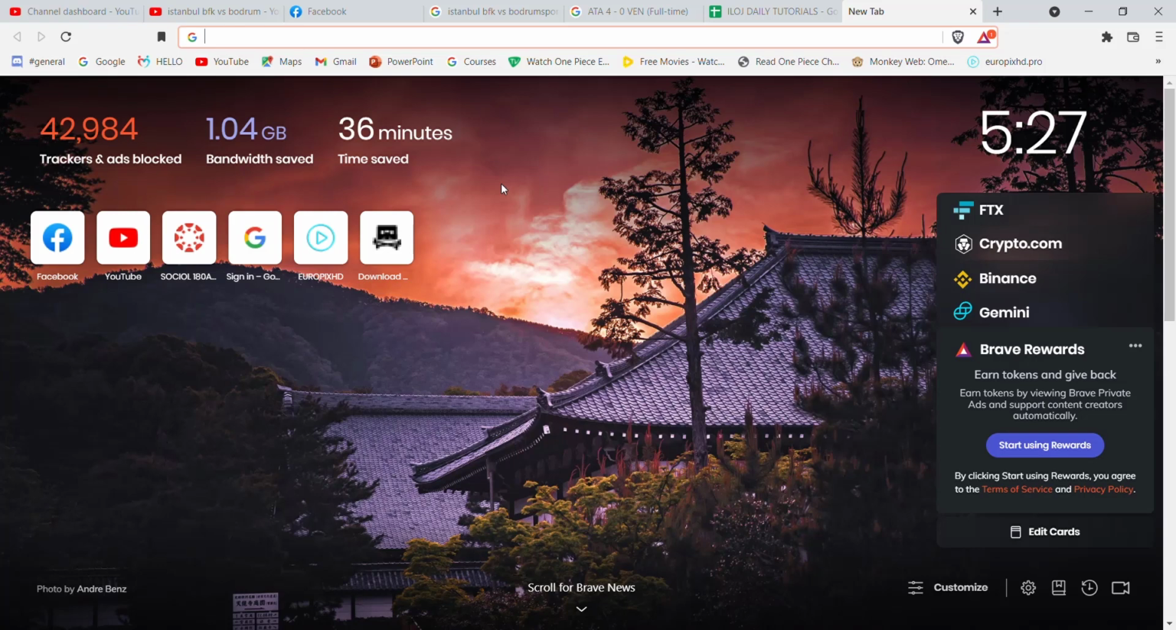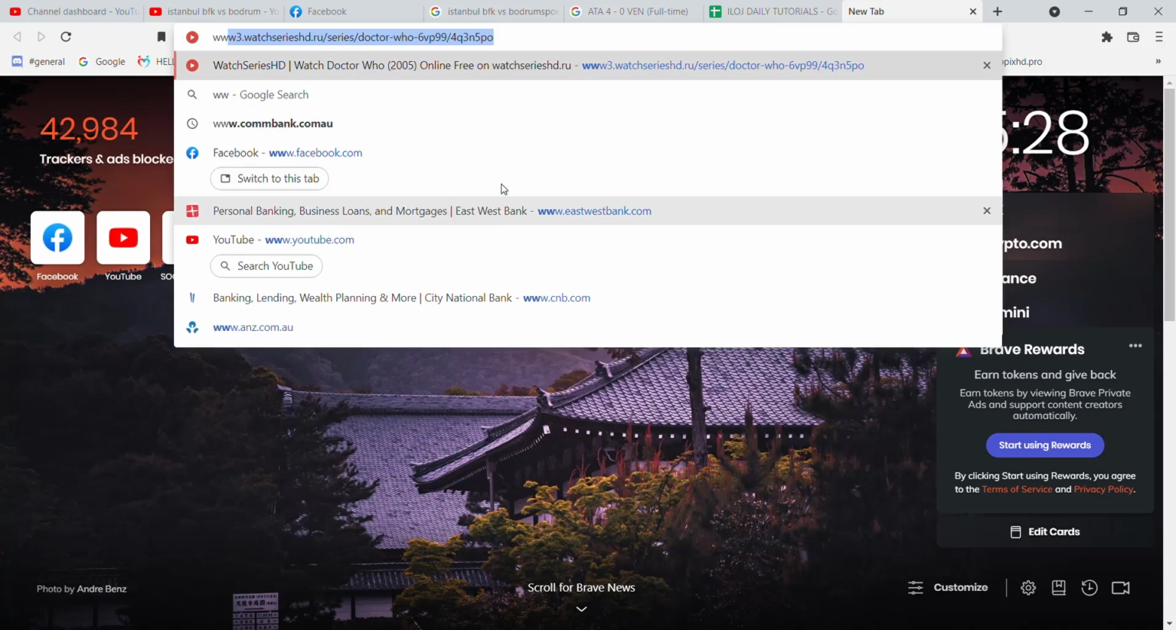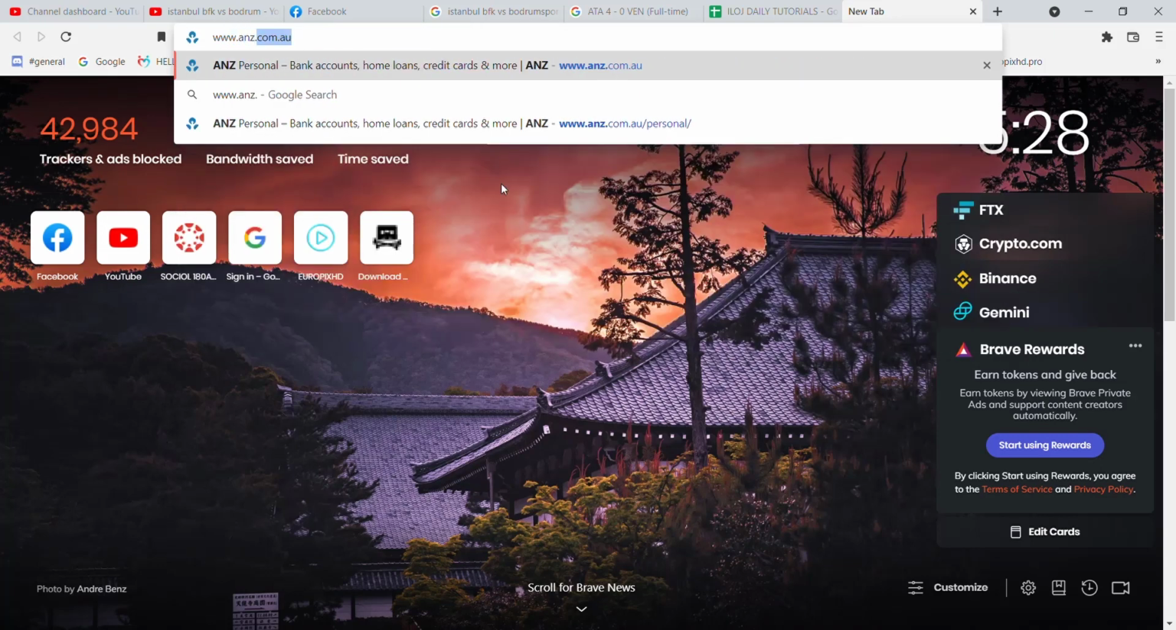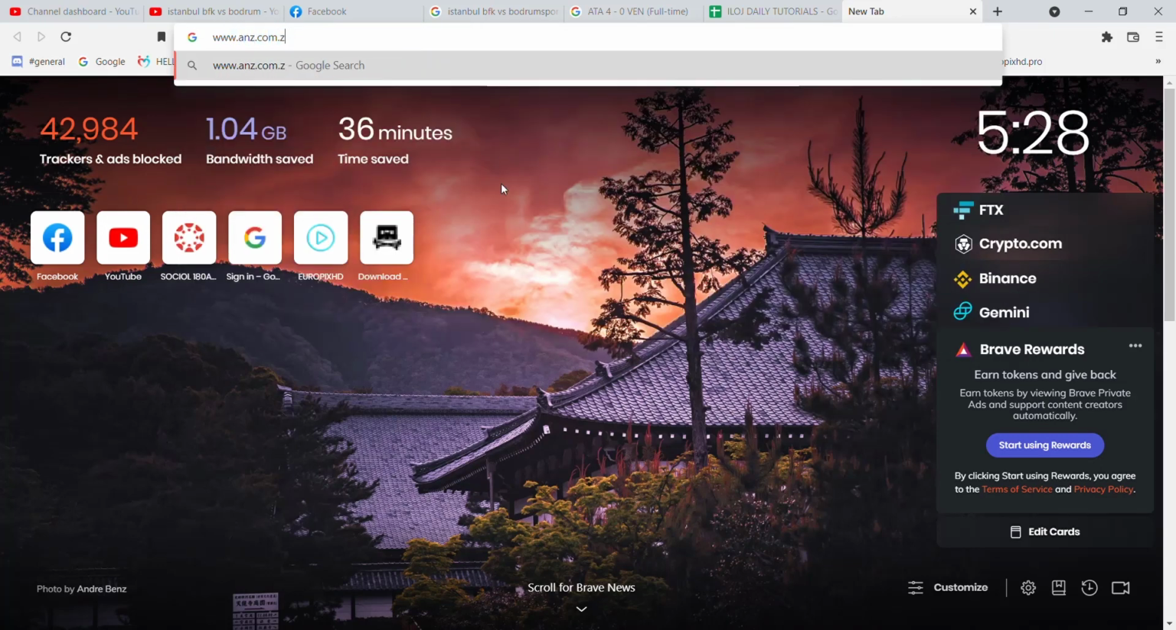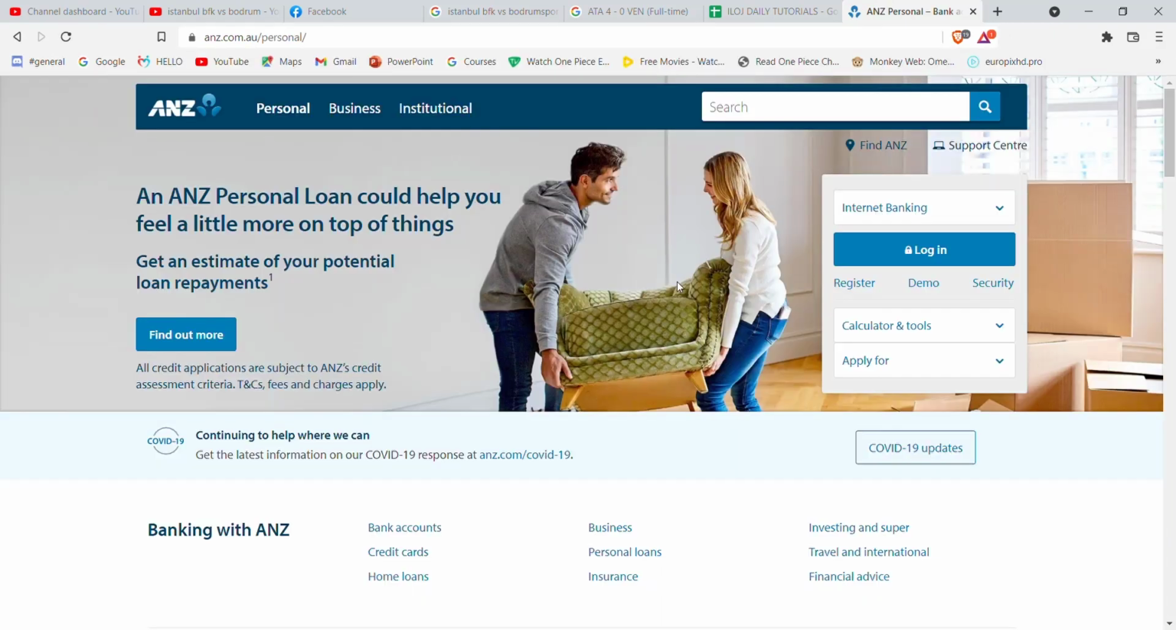First of all, make sure that you're connected to the internet. After you've made sure that you're connected to the internet, open up a web browser. Once the web browser is open up on your screen, type in www.anz.com.au and hit enter. Once the home page of the ANZ Bank opens up on your screen, on the right